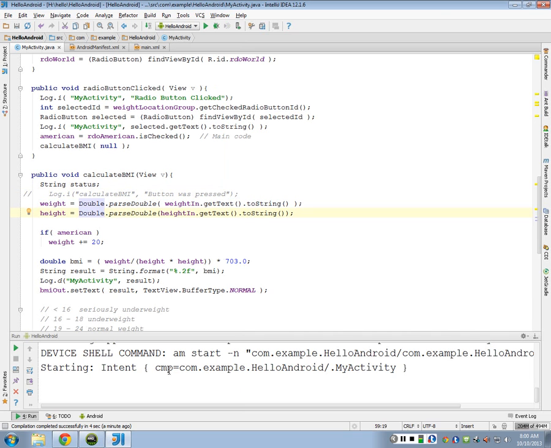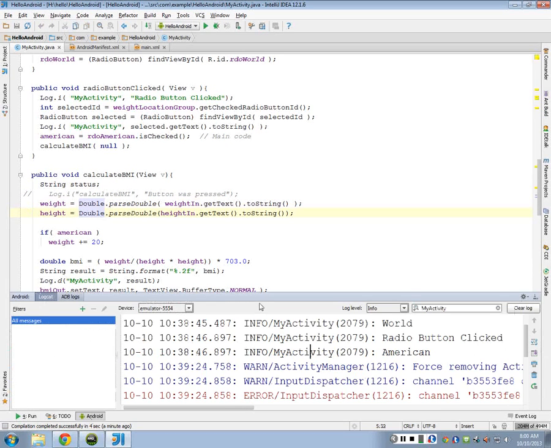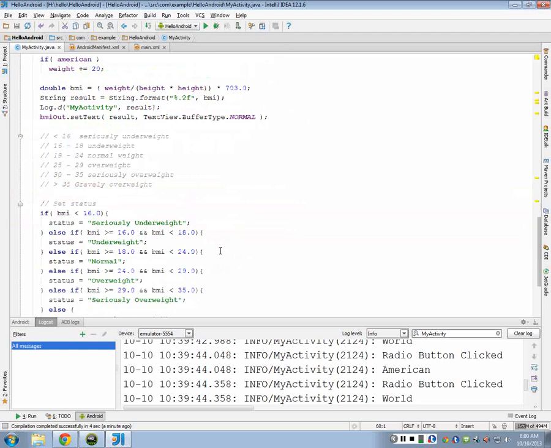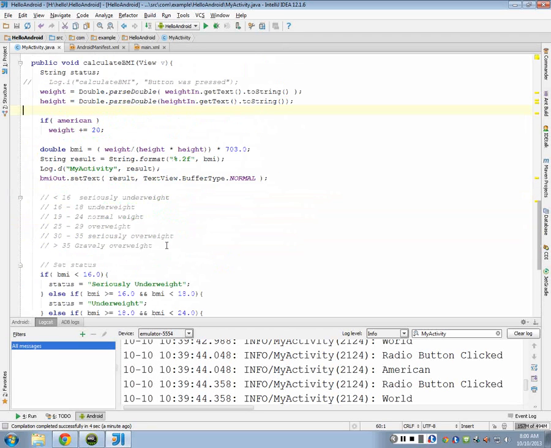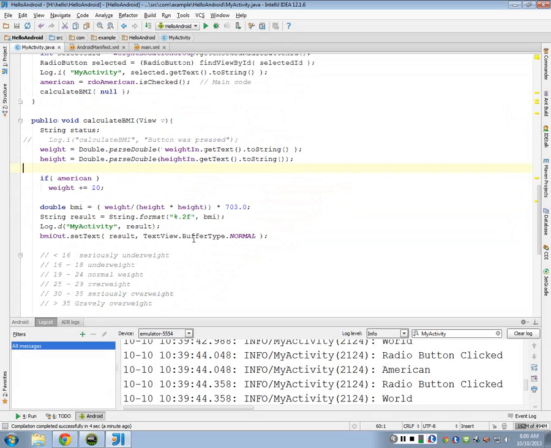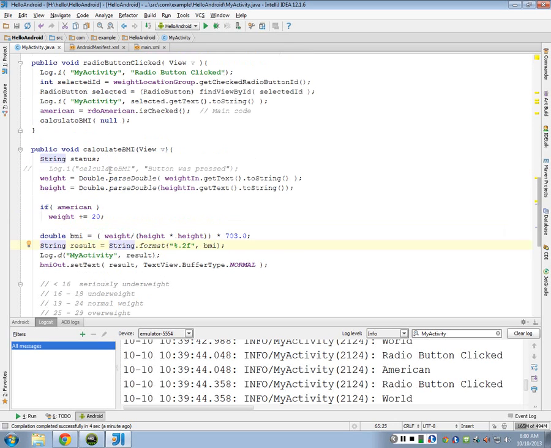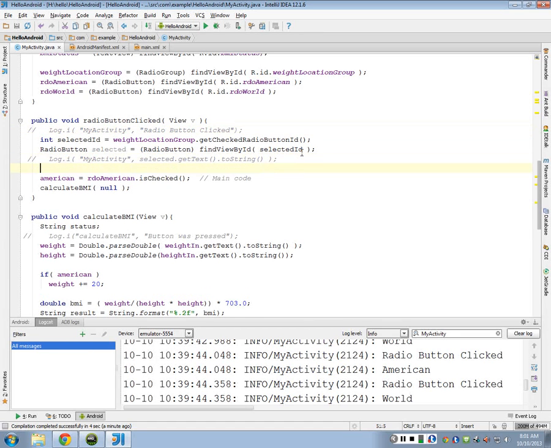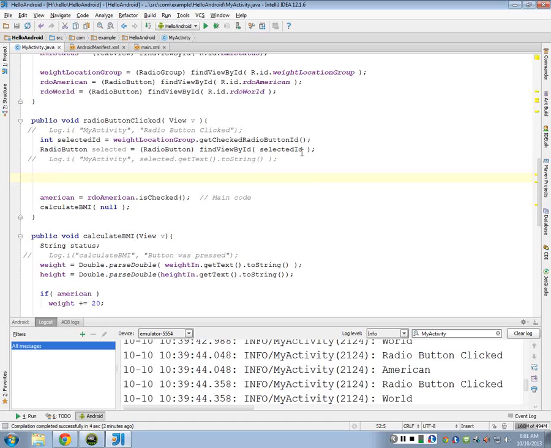I get tired of looking in the log, so there's another way of printing stuff to the screen that you'll see in a lot of tutorials online. And the method is called toast. All right? So instead of printing it to the log when they check this, let's take this out and this out. I can do a call to this toast method, which is built in,